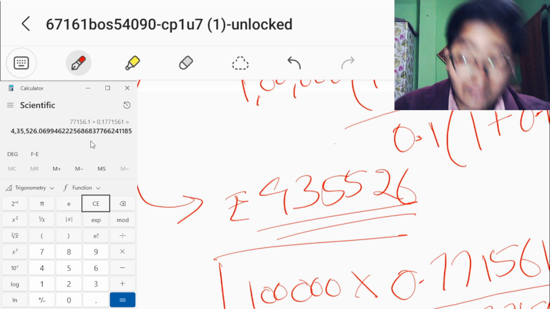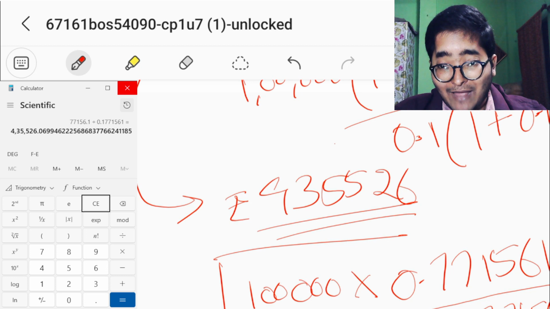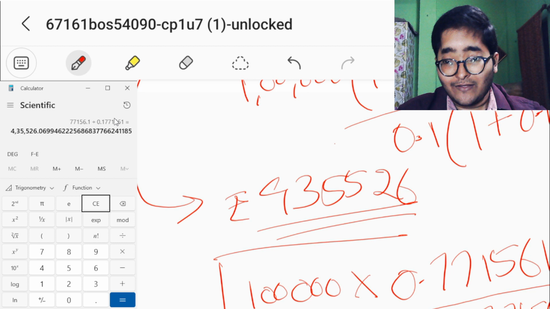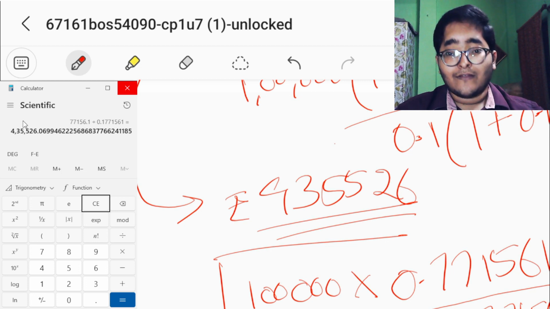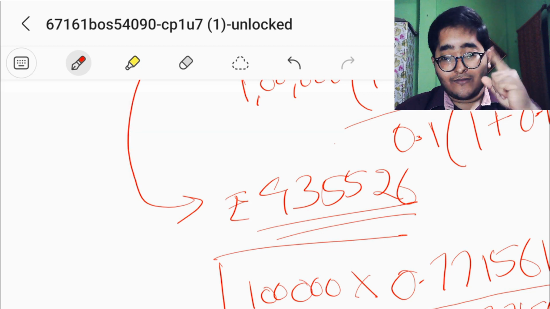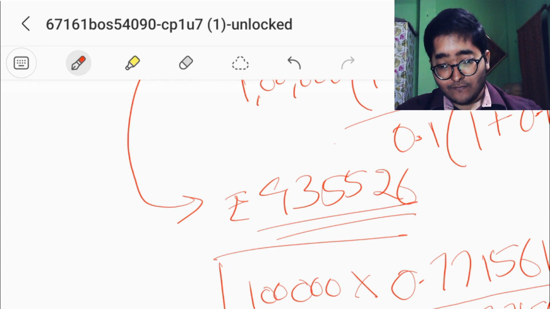4,35,526। अगर 6 साल तक, यहां पे मैं कैलकुलेटर को क्लोज कर देता हूं, मेरा सिस्टम हैंडल नहीं कर पा रहा है एक्चुअली, इसीलिए थोड़ा हैंग हो रहा था। अब शायद पूरा ही हैंग हो गया है। हेलो, हेलो, हेलो।